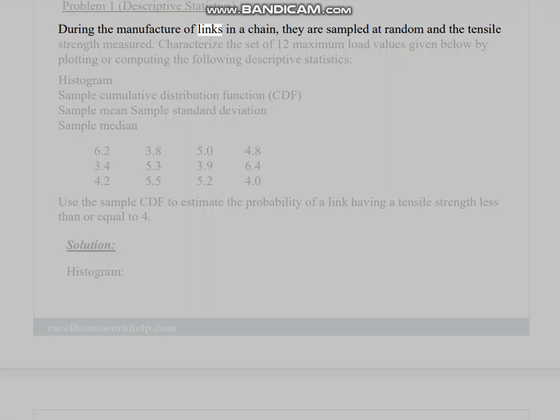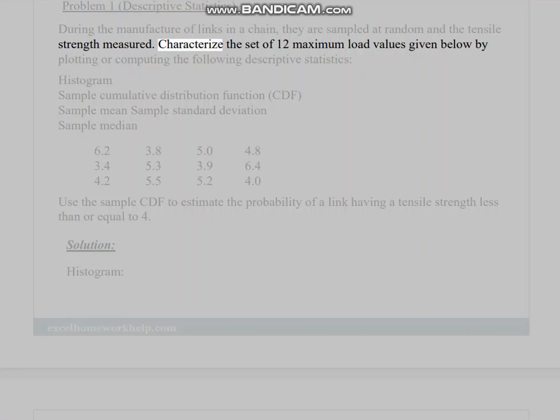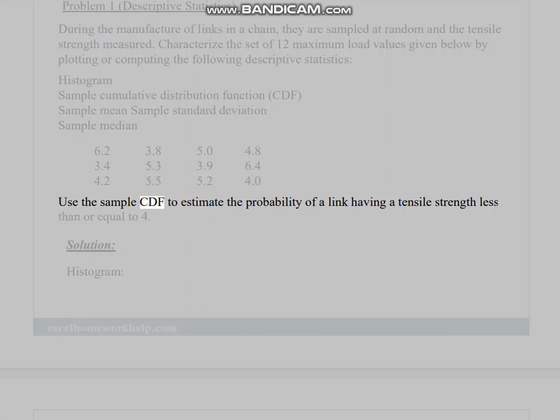Problem 1. Descriptive statistics. During the manufacture of links in a chain, they are sampled at random and the tensile strength measured. Characterize the set of 12 maximum load values given below by plotting or computing the following descriptive statistics: histogram, sample cumulative distribution function (CDF), sample mean, sample standard deviation, sample median. 6.2, 3.8, 5.0, 4.8, 3.9, 6.4, 4.2, 5.5, 5.2, 4.0. Use the sample CDF to estimate the probability of a link having a tensile strength less than or